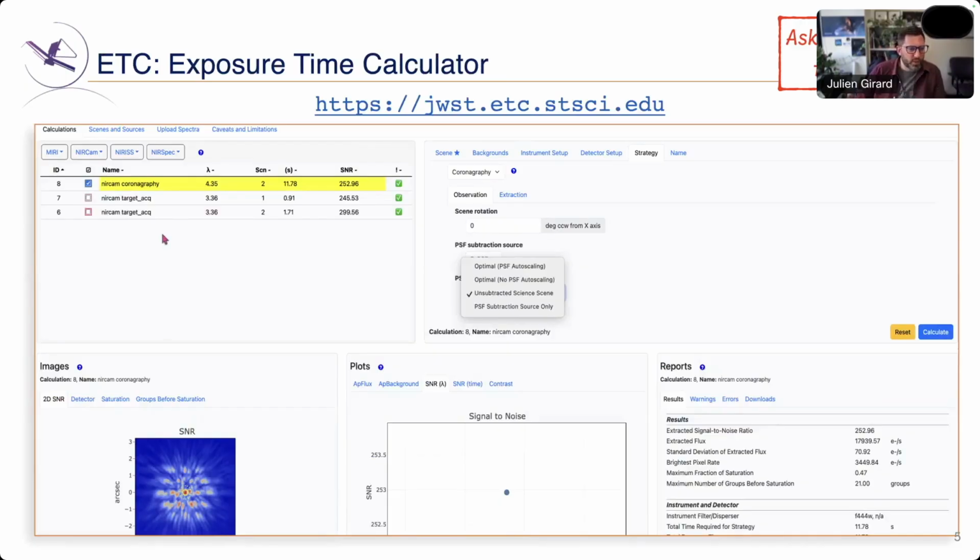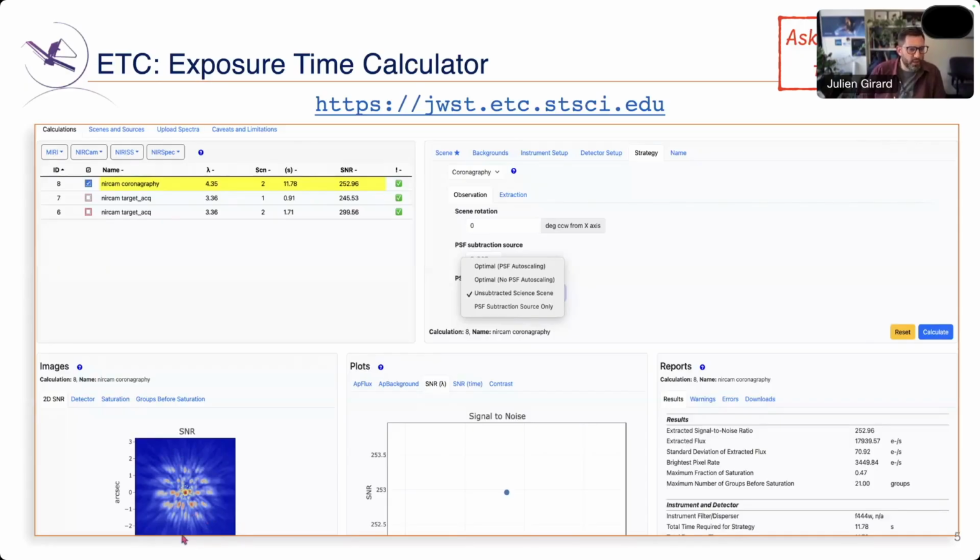The way the exposure time calculator is done for coronagraphy, and that's both NIRCam and MIRI, is that you create a scene with usually a central object and usually a faint point source. It doesn't have the capability to do disks, but you can basically mimic a disk with an extended source. And so the ETC basically simulates, it's a bit like WebPSF, I should say STPSF now, but a very